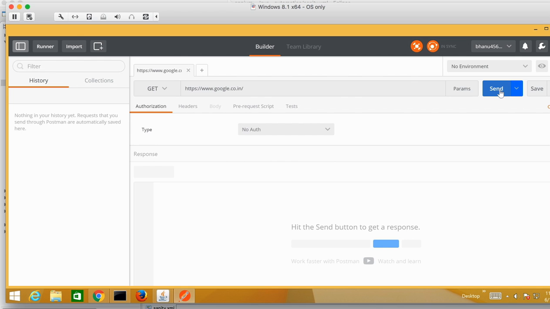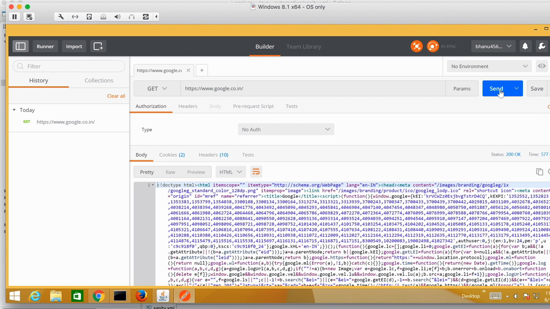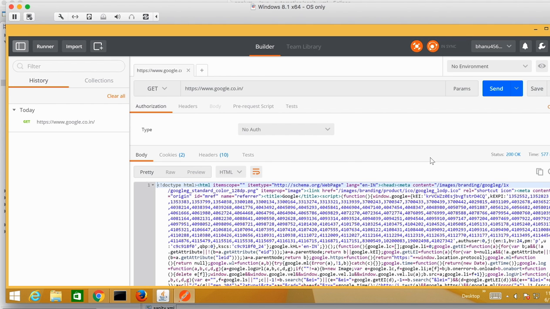Click on send. When we click on send, we will get a response. Wait for some time. Yeah, the response has come. Here you can see that the status is 200, and the total time taken by this API is 577 milliseconds. The time will come in milliseconds.